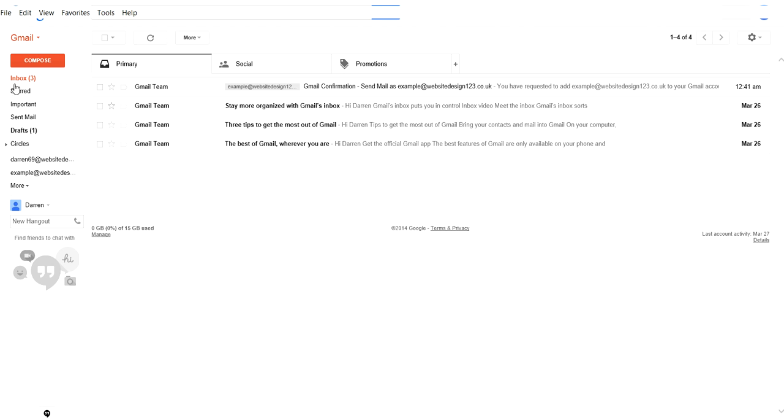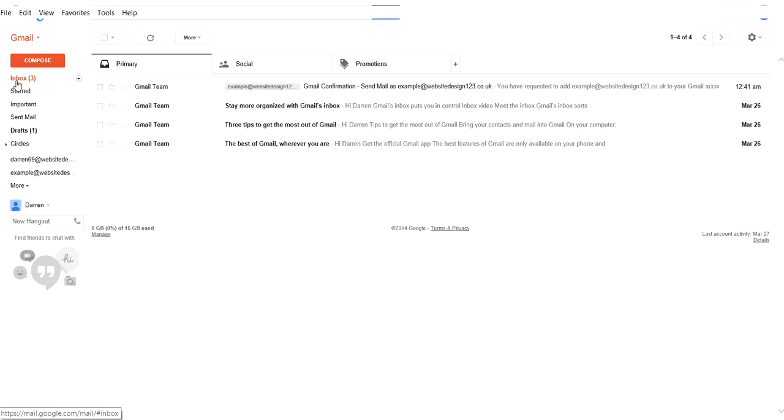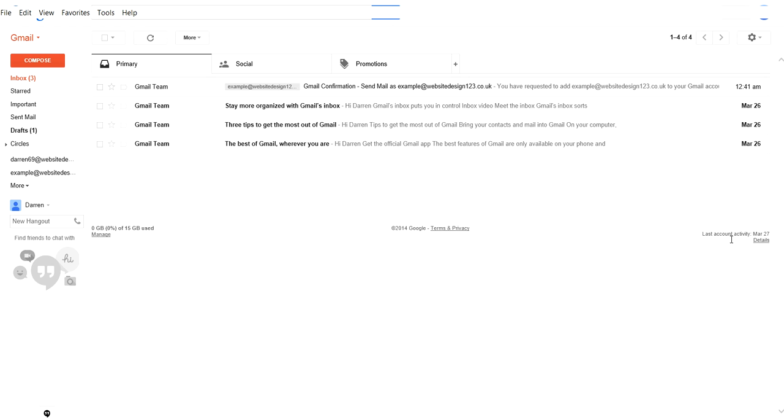Now, if you're a little bit lazy, if every time you click on compose, you cannot be bothered to click on this little drop down arrow, or maybe you can be bothered, but you keep forgetting, there is a way that we can set it so it will default to this address. It will automatically go out as the new address every time, and it will not go out as Gmail. It will default to the new one. And the way you make it default is you click on the little cogwheel again, then you click on settings,